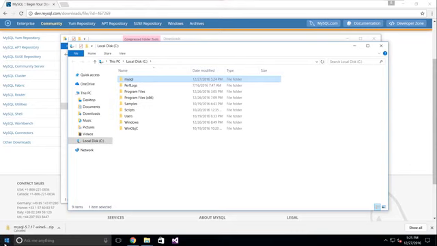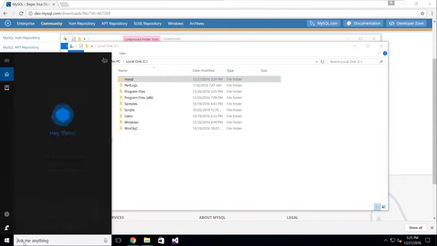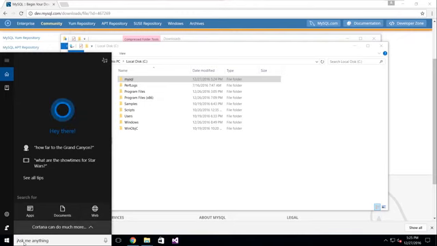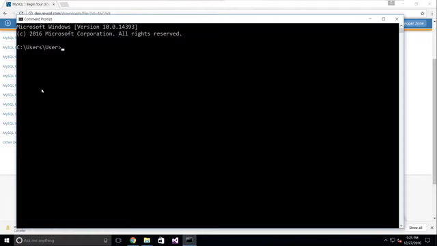Now in the lower left-hand corner of the screen is the Windows icon. Click on that, and where it says Ask Me Anything, type in command. Click on Command Prompt. I will change the directory to MySQL, then change the directory to bin. This is where the binary files are stored. And the server is